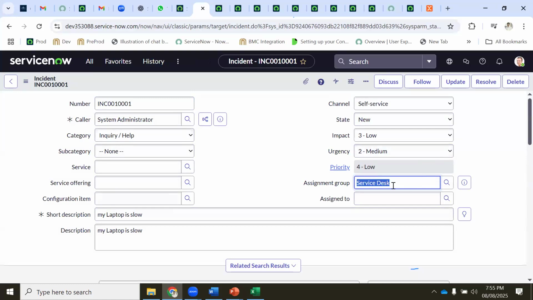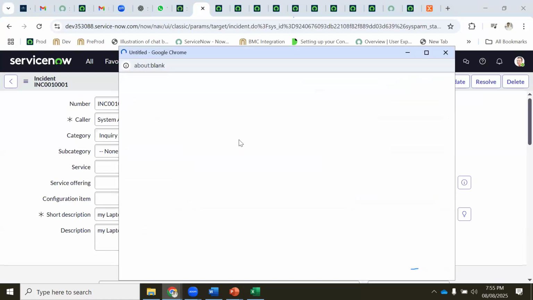or end user team, correct? The end user team will fix your issue, or the hardware team will fix your issue. Based on the issue, the ticket automatically goes to the particular assignment group. An assignment group is nothing but the set of people in that group who are going to fix your issues. Who will be there in the hardware group?